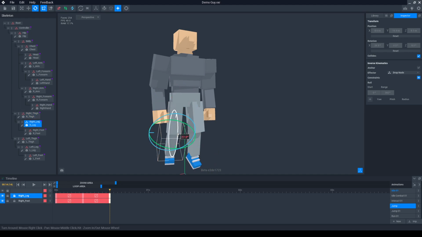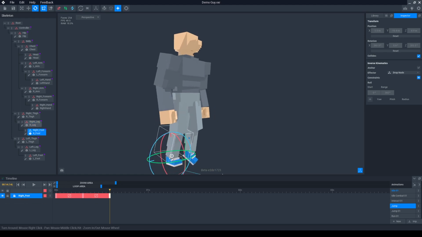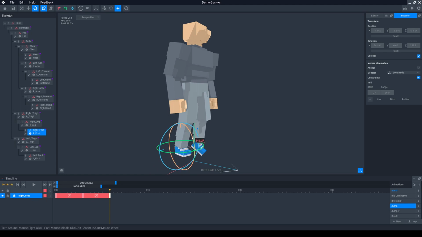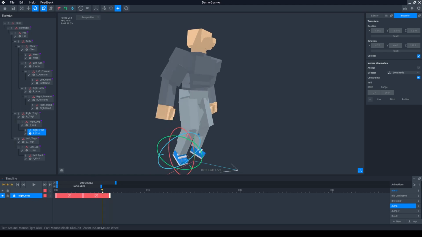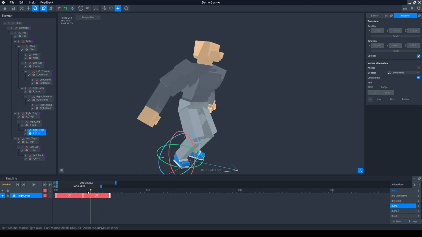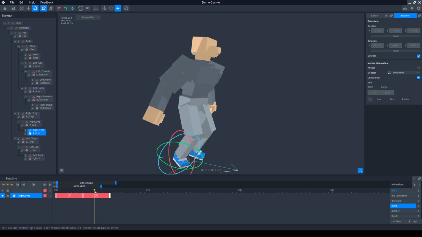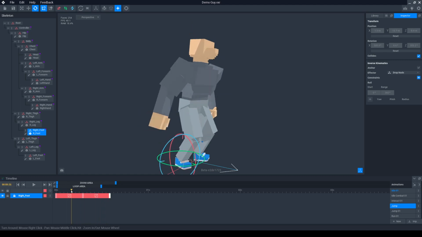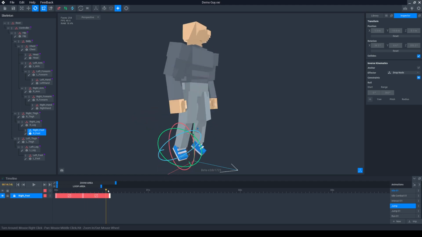Breakdown poses are, for example, as he's halfway pushing off the ground, of course, his feet will still be on the ground. But in this version that I am doing now, let's see, just rotate down his foot like he's lifted off the ground. As I scrub, you'll notice his feet just sort of blend. But of course, at this point, his feet would probably still be flat on the ground. So that would be a breakdown pose. So up he comes,